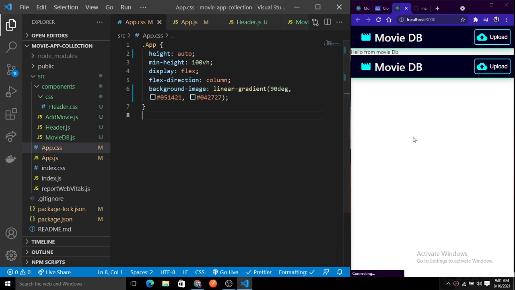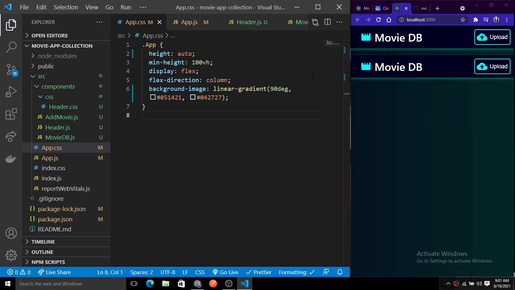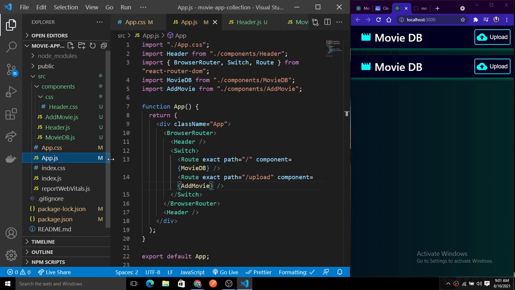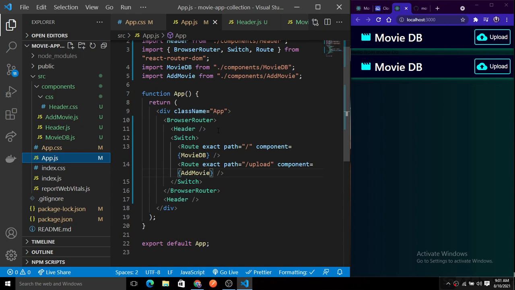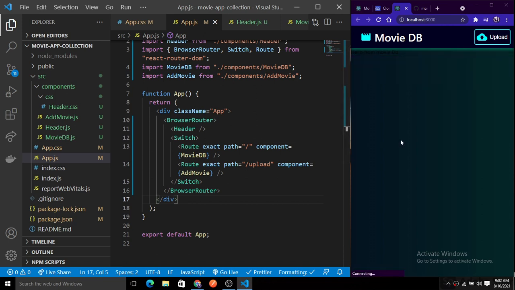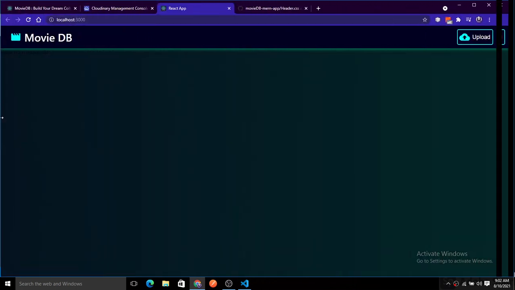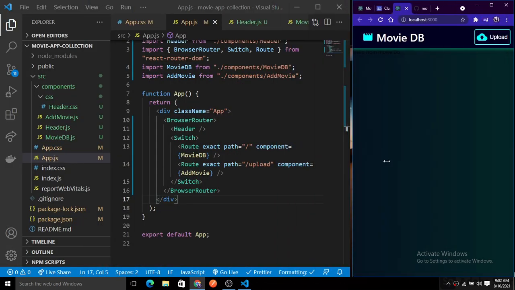You will see here we will have a very nice, okay, so there is a two header thing that I have added there. So let's check that. Okay, we have a header inside of this browser. Okay, let's remove this header section. Then now save this. You will see a single header here. Fine. Okay, so this is done of our app there. And now we are done with these things of header also. Now let's do coding for the movie add movie database.